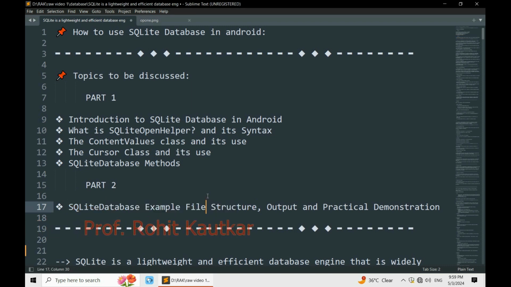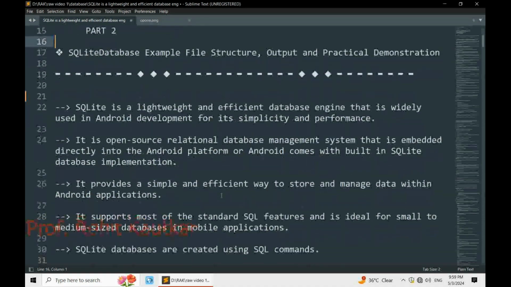Friends, it is recommended that before going through the program of database, you go through the theoretical concepts regarding SQLite database in Android. Whenever you do the actual program and implement the actual concepts, it will be easy to understand and implement. That's why first of all you go through this first part and then the second part, which will contain the actual example. Now friends, without wasting time, let's dive into today's video and try to understand